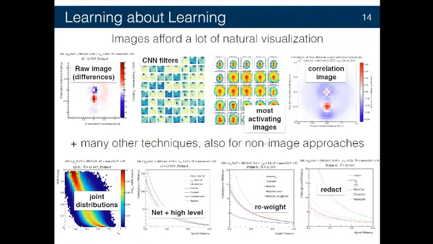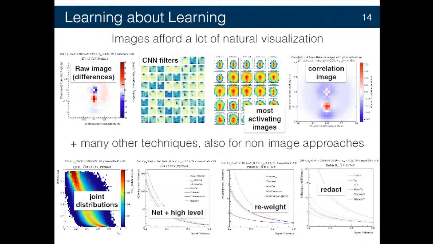So in this case, it's the numbers, so that's how two-subjetty a jet is. And you can see that in this case, the deep neural network is learning something very close to that variable. So that's nice. But even if you don't have a variable, what you can do is reweight